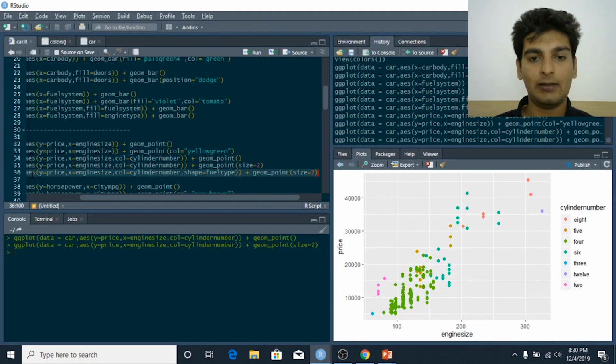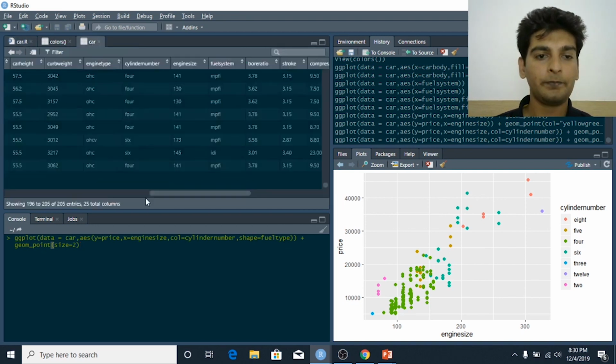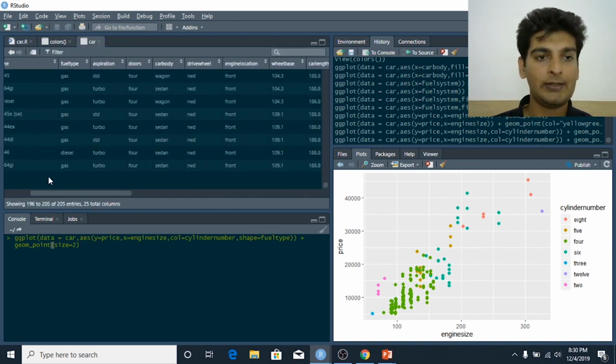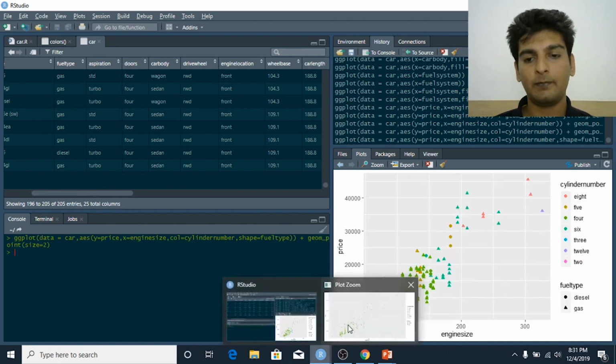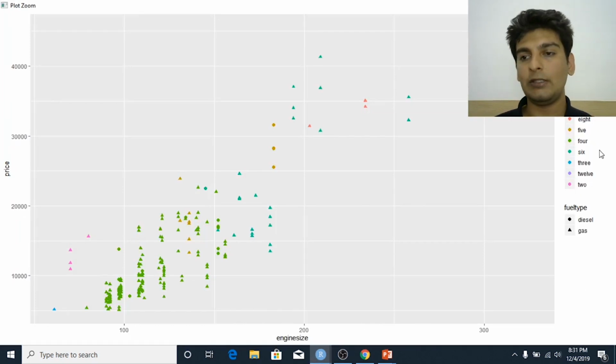Now we can also change the shape of all of these points. And I want the shape to be determined by a column. So what I'll do is I will map the fuel type column onto the shape aesthetic over here. So let me open this up. Right, so this is the column and I'm mapping this fuel type column onto the shape aesthetic. So the rest is the same. As you see, you have 2 legends over here. This first legend denotes all of the colors. So the colors of these points are being determined by the cylinder number column, and then we've got the shape of these points,